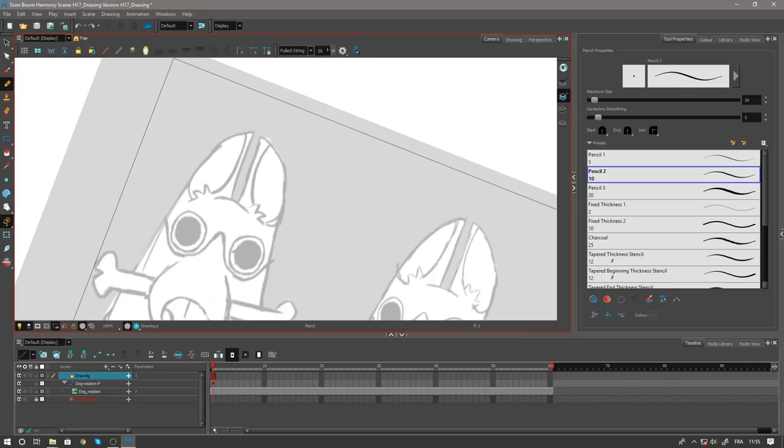I'm going to lower the value here. I like to use something around 10, 7, like this. Maybe just type 7 right there. I'm going to use that to actually draw that line. So this will give me a very smooth line,